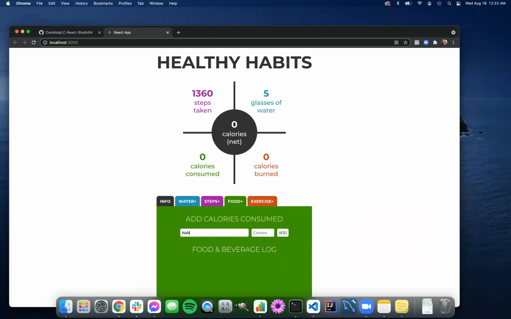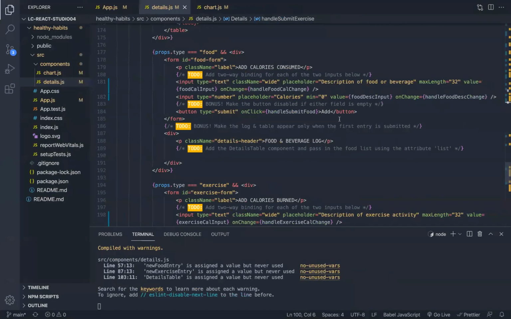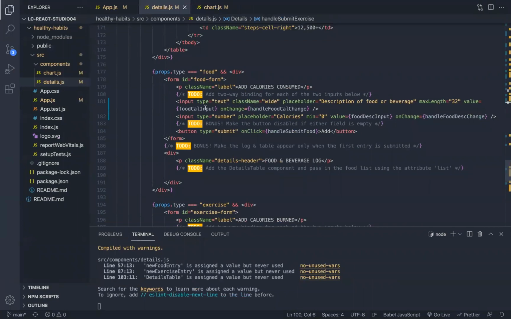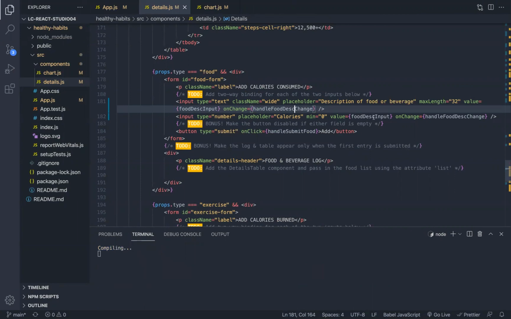We've got food. Let's put in some. Oh, wow. What is happening? All right. Hold, please. Okay. So what I did is I accidentally switched calorie and description. I forgot that I had switched them in the form to put the description on the left. So this one was trying to bind with calories, which is why it said not a number. And this one was trying to bind with the,